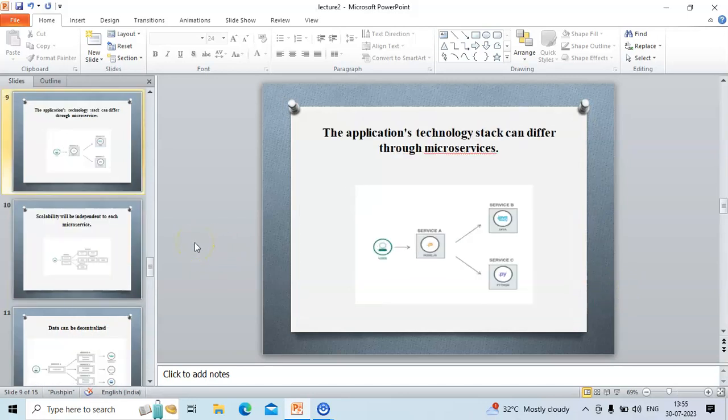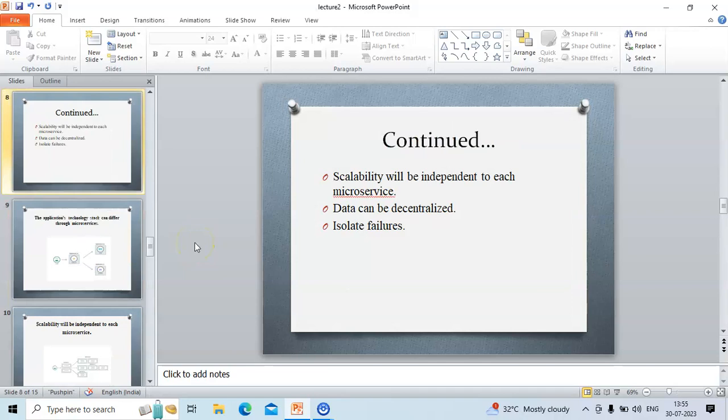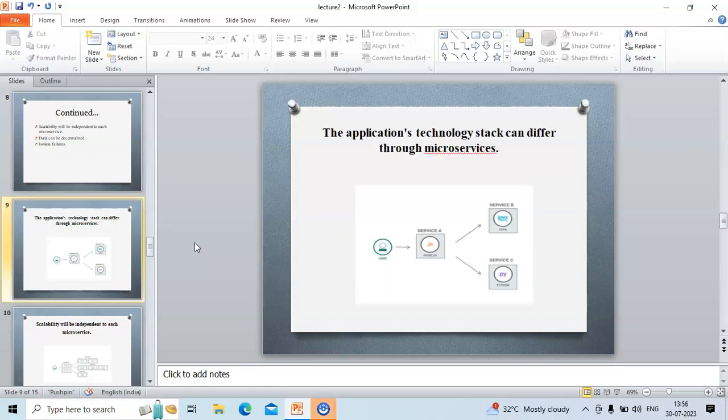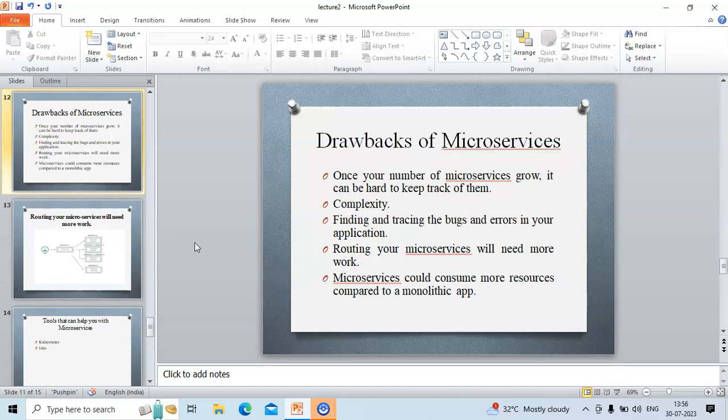Okay, the last advantage of microservices is isolated failures, right? This means an error or a bug in one microservice will not bring the entire system down. Now these are the advantages of microservices. As there are advantages, there are drawbacks also. So let's come to the drawbacks of microservices